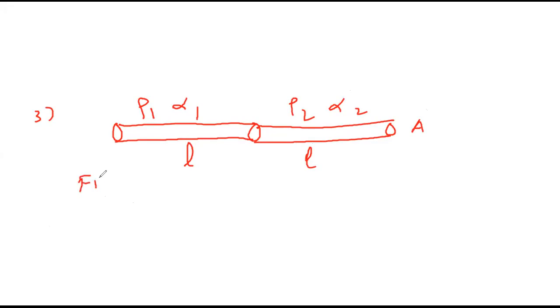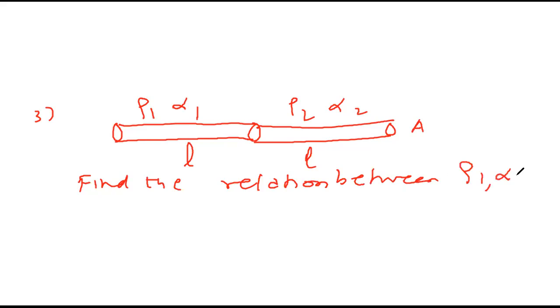Question is like this: find the relation between ρ1, alpha1, ρ2, alpha2 such that